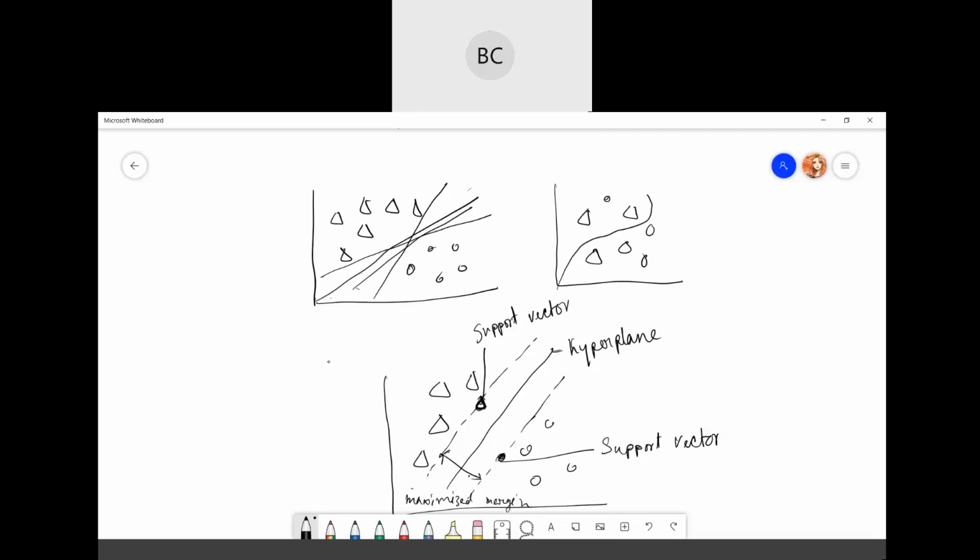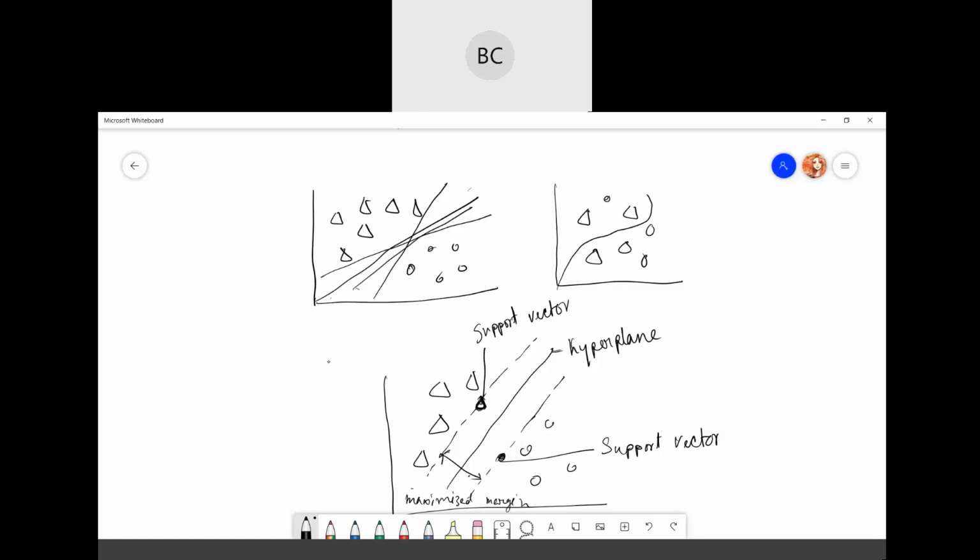We always create a hyperplane that has a maximum margin, that means the maximum distance between the data points. The data points that are closest to the hyperplane and which affect the position of the hyperplane are your support vectors. Why is it called a support vector? Because it supports the hyperplane. Just for that, the name is support vector.